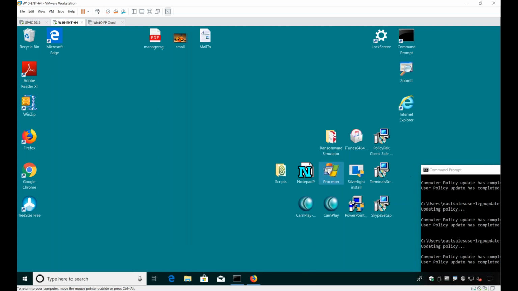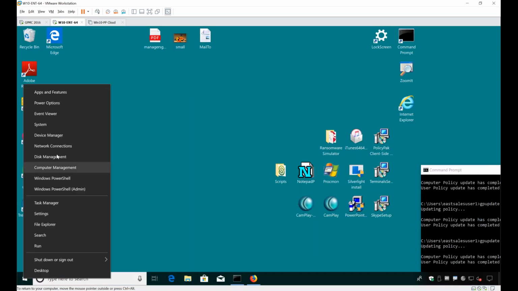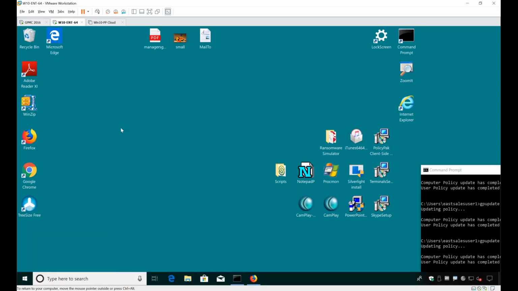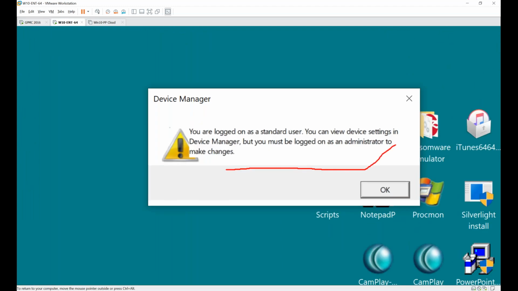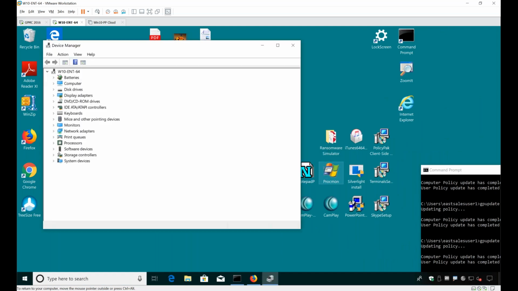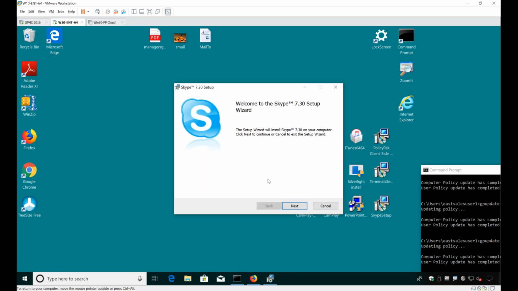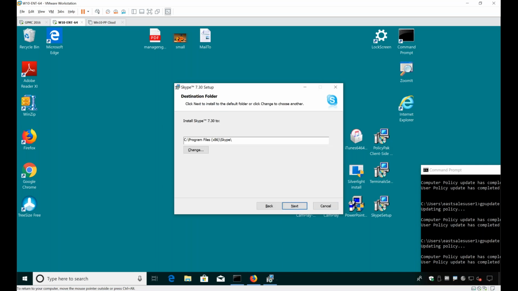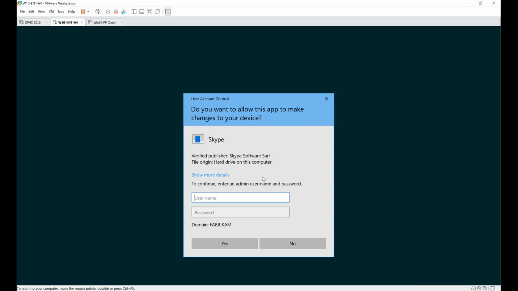Windows' job is to run applications, but if you have an application built in 2002 and you're still using it, it might throw a UAC prompt like this. Or you might have a guy running with standard user rights who needs to get into something like Device Manager, but he's told, hey, you're a standard user, you can't update your device driver, you can't make any changes. Sorry, but what are you gonna do? Or you've got a guy who wants to install something like Skype, a perfectly normal application you're okay with, but what happens when he tries to install it? Well, it's going to be blocked by UAC, right?